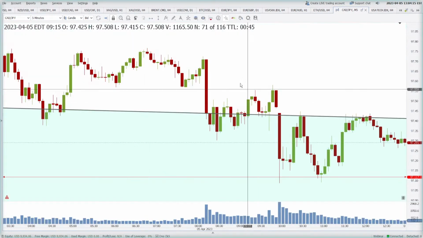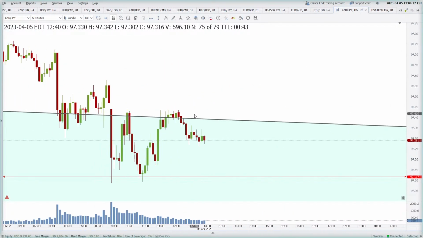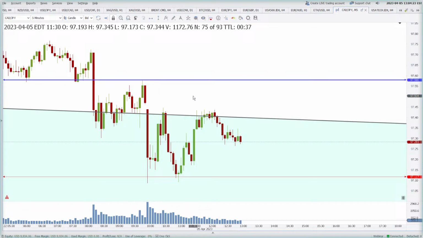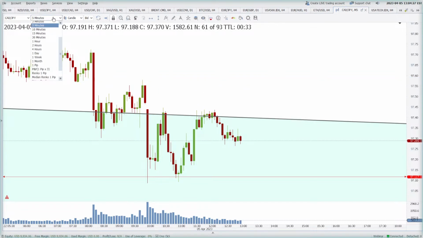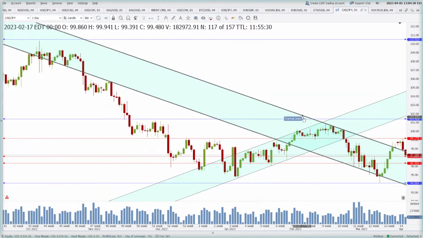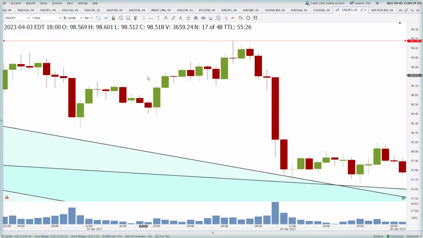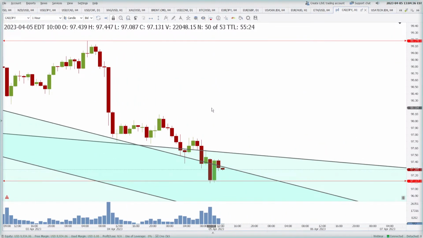Let's go to 5 minutes. So on the 5 minutes also, the structure is not broken. Okay, so for the structure to break on the low time frames, 97.58 needs to be broken, which has not been broken. So I'll say stay away from this market, because we need a break at least on the 4 hour or 1 hour to be bullish. And for that, I think the high of this candle, which is around 97.58, needs to be broken, so that we become buyers in this one.